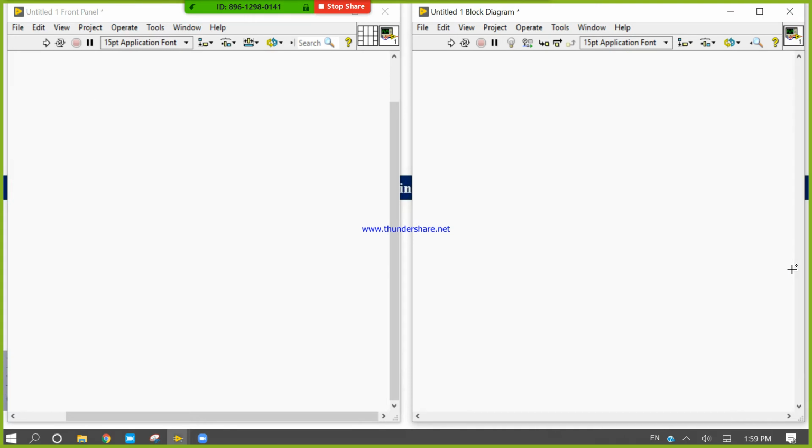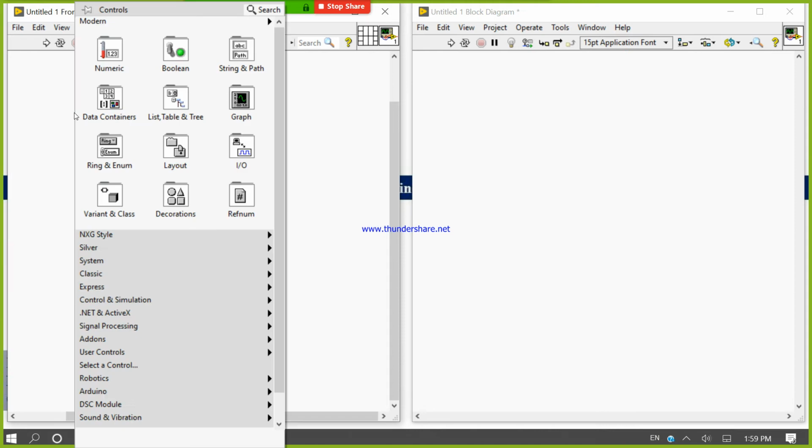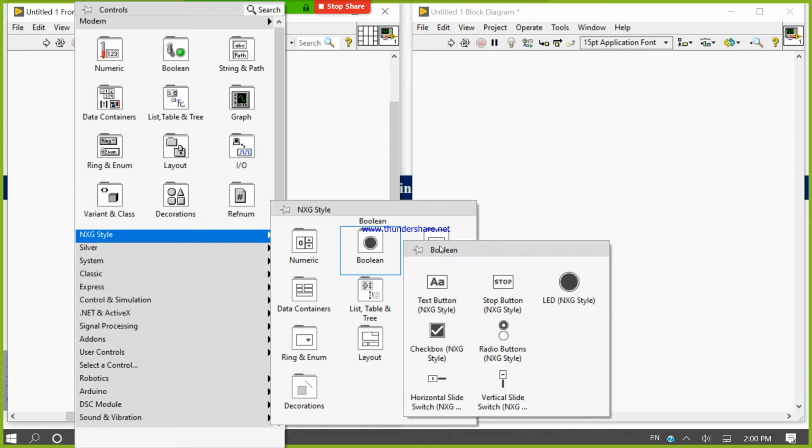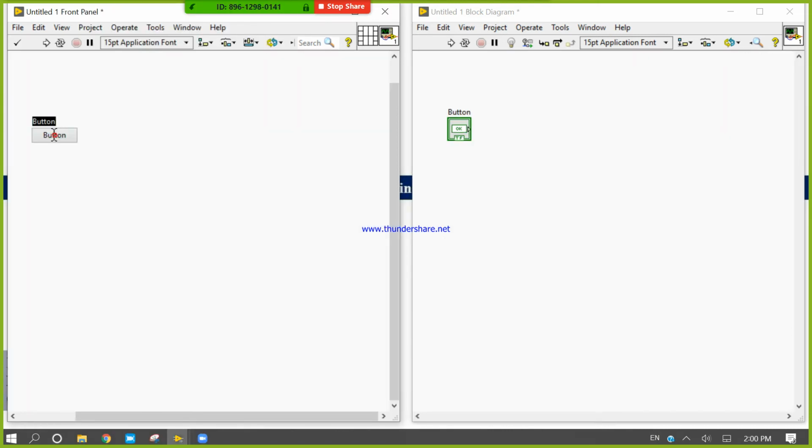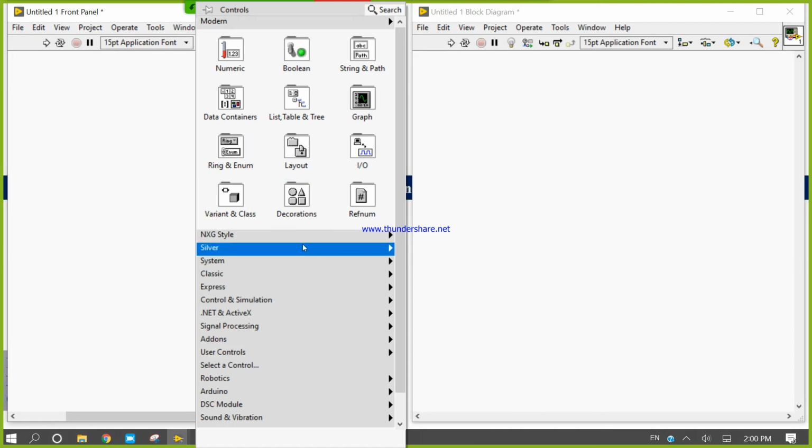Let's try to see your name in a binary format, okay. For that, right click here, come to the string control, take string control. Sorry, it is not a bool, it is boolean. Take string control.